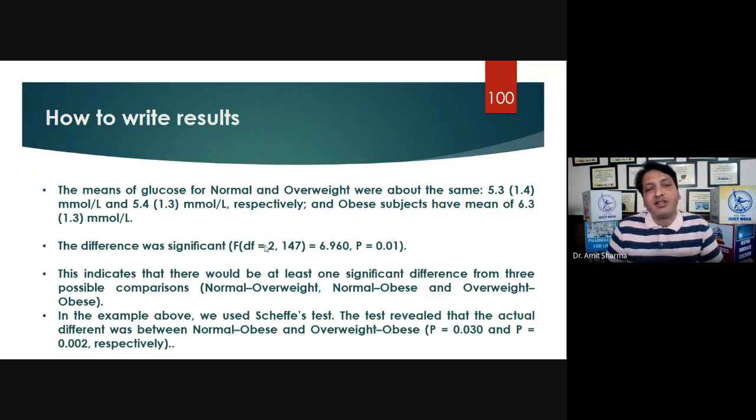And you can write the assumptions of the ANOVA, by which you decided to proceed with the ANOVA. You can also discuss the test for normal distribution, that you applied the test for normal distribution for glucose, which is the numerical and dependent variable, and the data was found normal, and your independent variable is BMI, which has three different groups A, B, and C, like that.